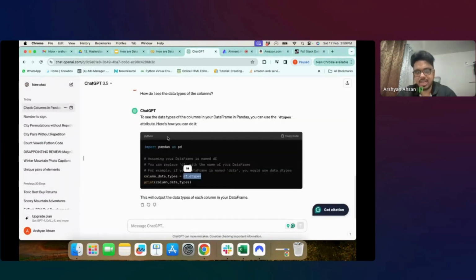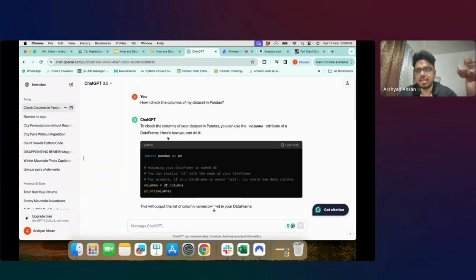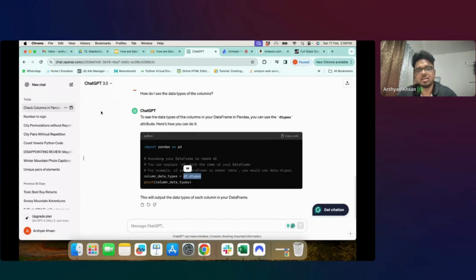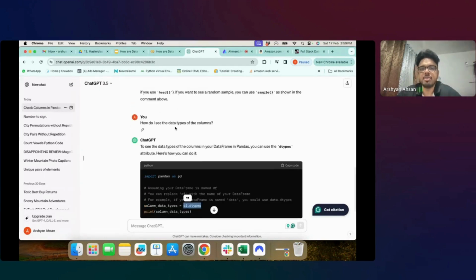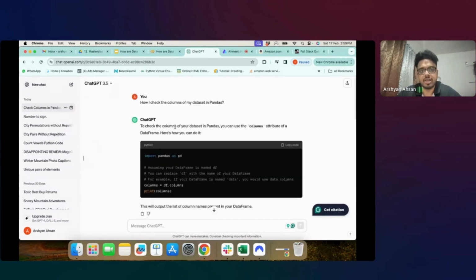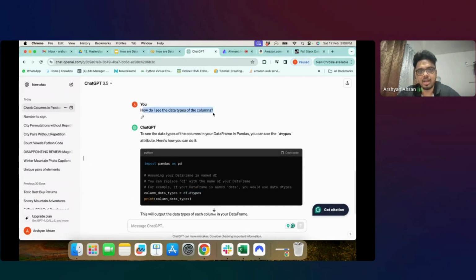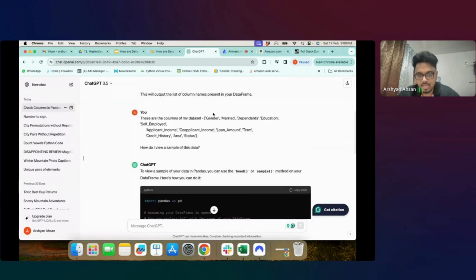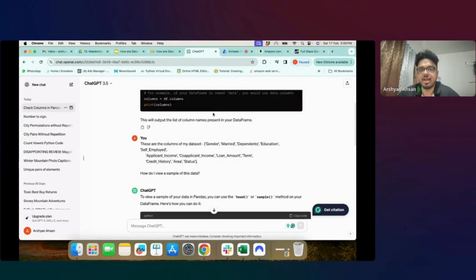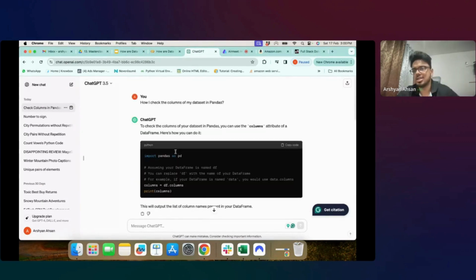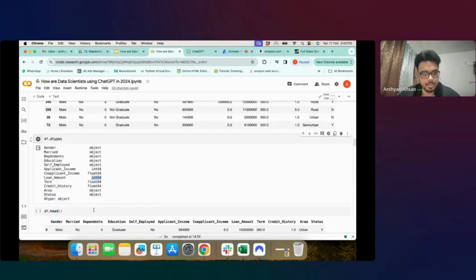Now, one thing to remember guys is that अगर आप चैट जीपीटी से एक डेटा सेट के बारे बात कर रहे हो और एक ऑपरेशंस के बारे बात कर रहे हो, तो कीप द थ्रेड एक्टिव, डोंट गो एंड आस्क द क्वेश्चन इन एन ऑल टुगेदर न्यू थ्रेड, because ChatGPT remembers the context of what you are chatting or what you are doing. So for example यहाँ पे मैंने लिखा how do I see the data types of the column, so उसके पहले जो मैंने चीजें पूछी थी, it did not forget that, it still remembers that, and the answer is in context to everything that we have chatted till now and how the chat has progressed. ठीक है?